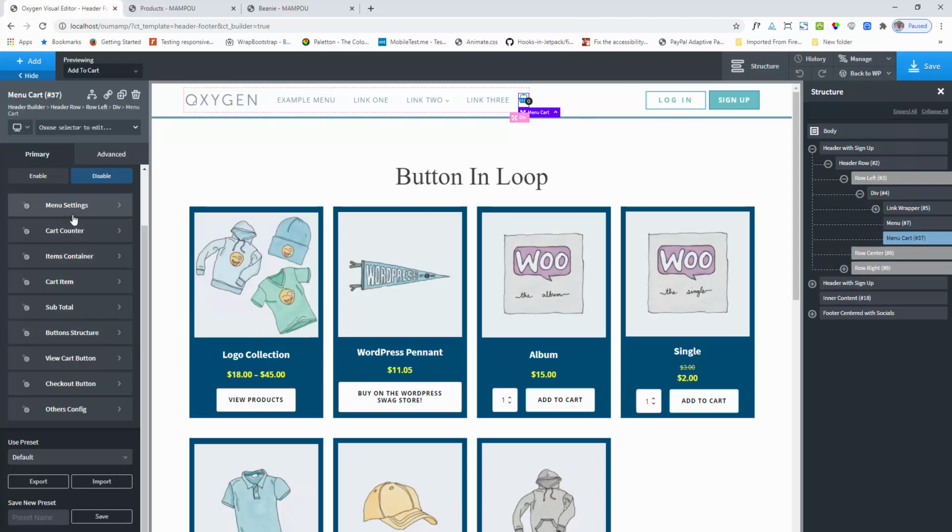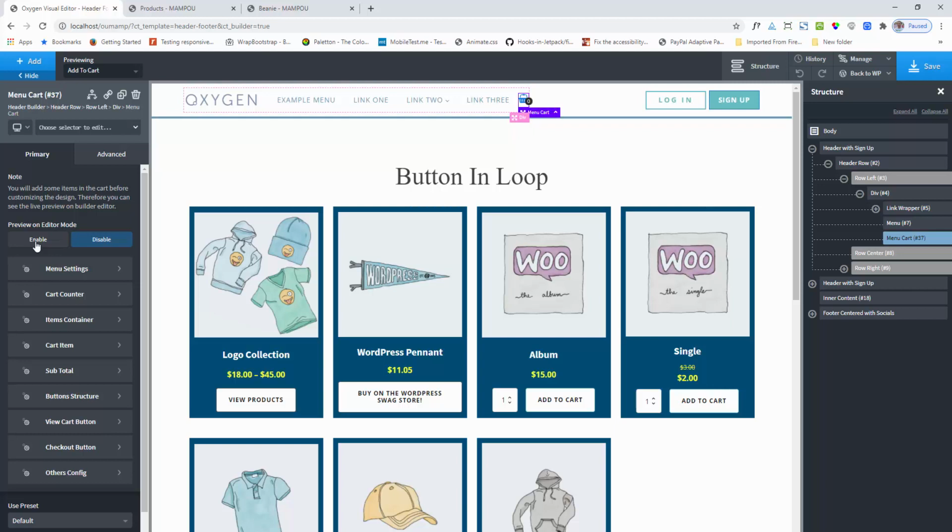When you adjust or customize the design, make sure that you add one product into the cart, otherwise you can't see the preview here and you can't design it properly.